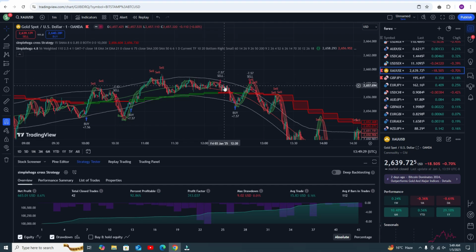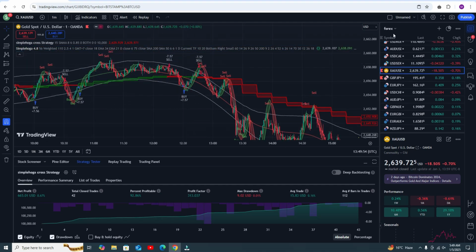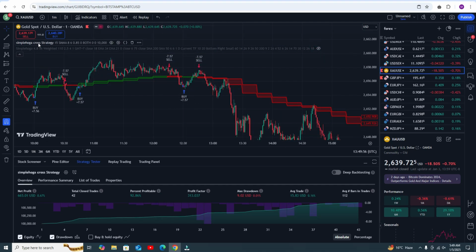Now here you can see a sell trade. If you close your trade at this point, then definitely you will get the profit, and that is actually the same scenario. On the buy side, there is also the same scenario. But at this point, you can see a sell signal again, and you got the trade. You need to book your profit. Now you need to wait for another sell signal, because when you got this cross study indicator sell signal,